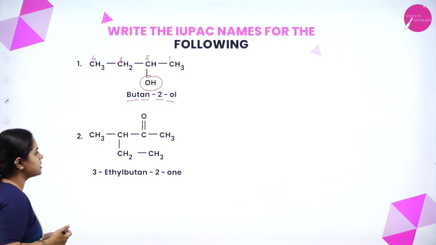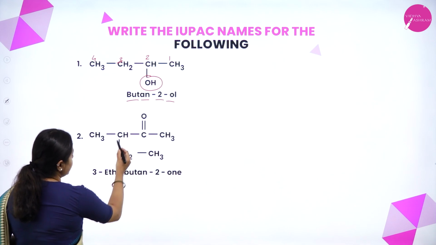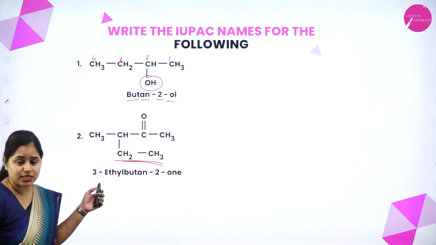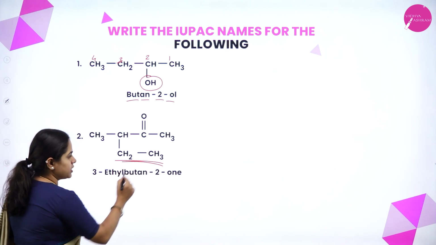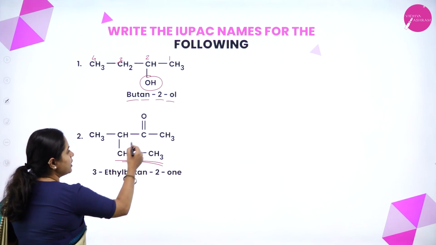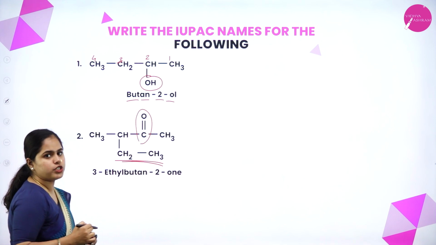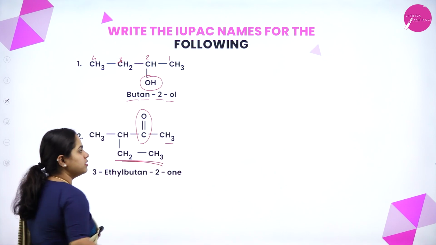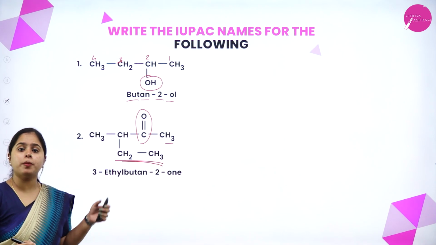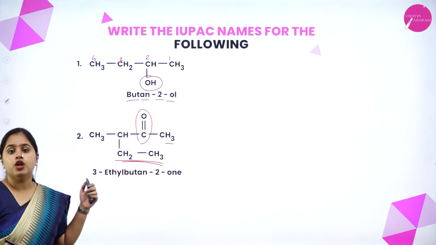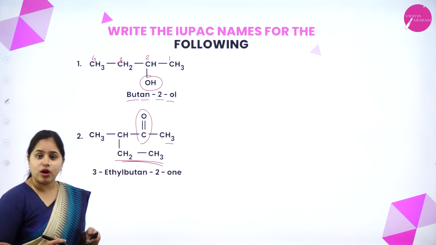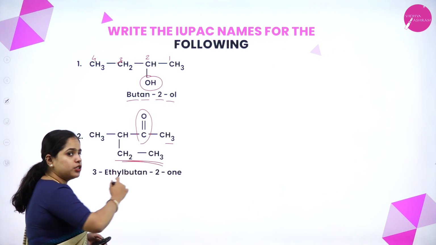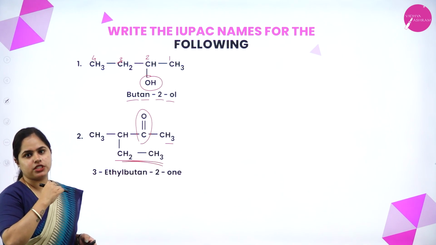Now moving on to the next example, that is CH3CH, and on this carbon atom there is a branch. Now what is this branch? This is ethyl, right? CH2CH3, it is ethyl group. And then you have a functional group which is present here, C double bond O, it is ketone, right? And then a CH3. So the functional group containing carbon should be getting the lowest possible number. And one more thing you have to keep in mind, yes, the functional group containing carbon should be present in the principal chain as well.